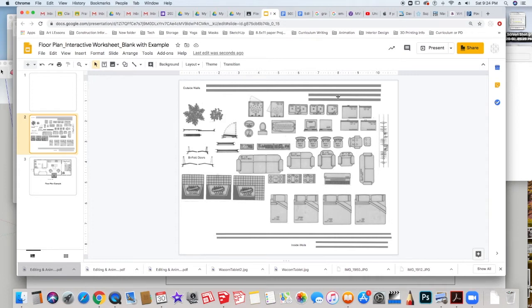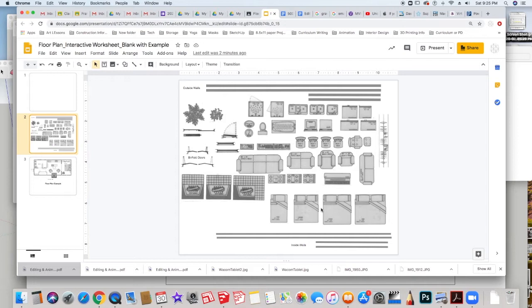We also have kitchen appliances. These are different types of sinks, a washer and dryer, different refrigerator sizes. We have here kitchen chairs. Down at the bottom here are different stove configurations. Then we also have some sofas and easy chairs. We have kind of a lounge chair with an ottoman. This right here is a piano. Over here are fireplaces. These again are different configurations. This is the smallest of the fireplaces, and then we have a slightly larger one, and then kind of a corner fireplace right here. We also have different sized beds.